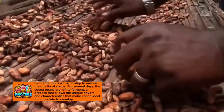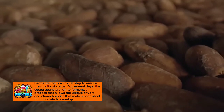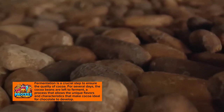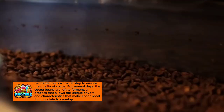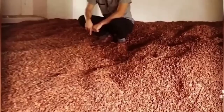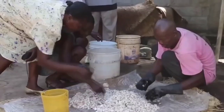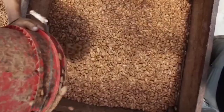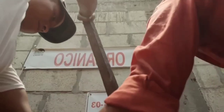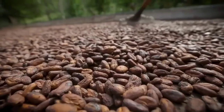Fermentation is a crucial step to ensure the quality of cocoa. For several days, the cocoa beans are left to ferment, a process that allows the unique flavors and characteristics that make cocoa ideal for chocolate to develop. This fermentation process is essential since the beans change in color, size, and flavor. These changes ensure that the cocoa is ready to become delicious chocolate. Once fermented, the cocoa beans are dried in the sun and sent to Cadbury's factories, where the next phase of